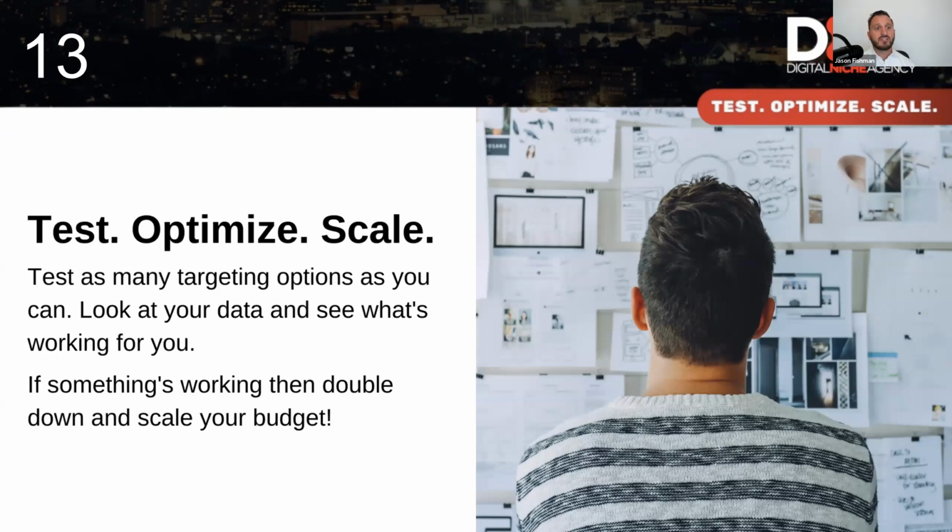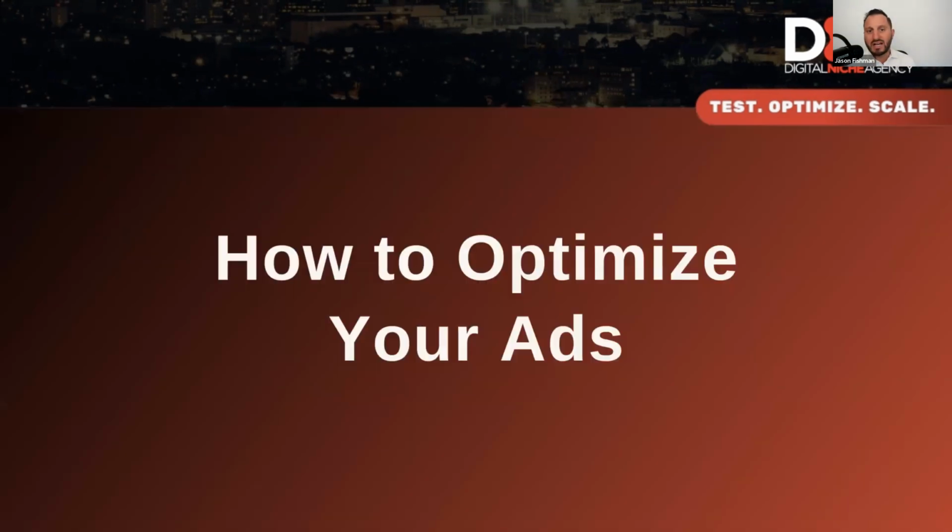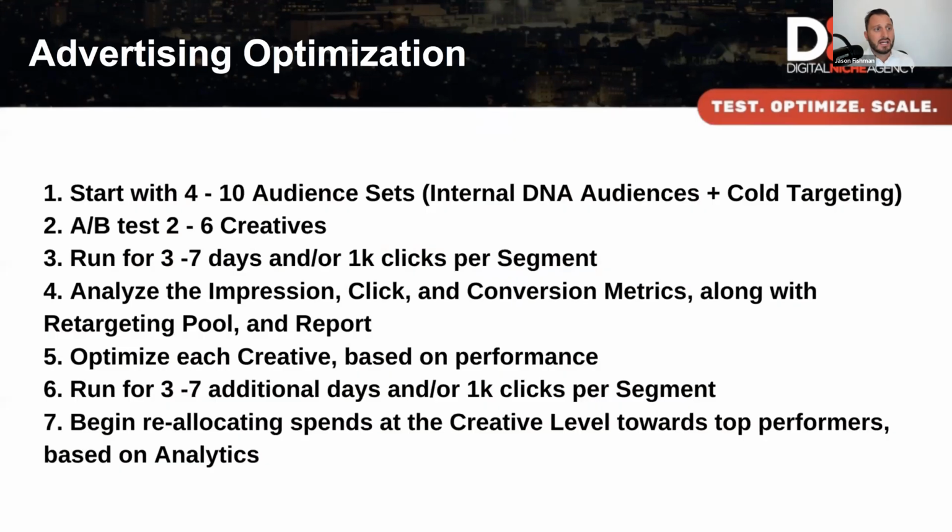Do not think your campaigns are going to work right out of the gate. Build time blocks to be able to test a week, several weeks. If it's a more rapid campaign and you're spending more, you're getting enough traffic and enough data as part of the survey that you're producing with the advertising, perhaps 1,000 clicks per audience, you can do this in quicker succession. We're going to talk about how to optimize a bit further here.